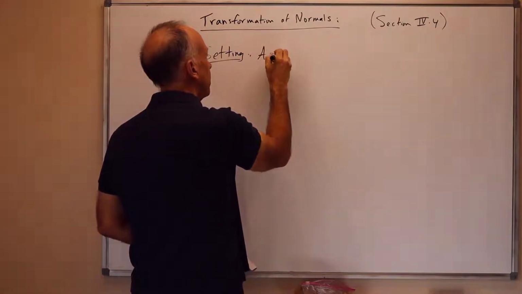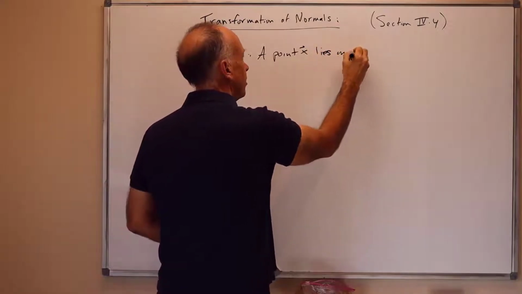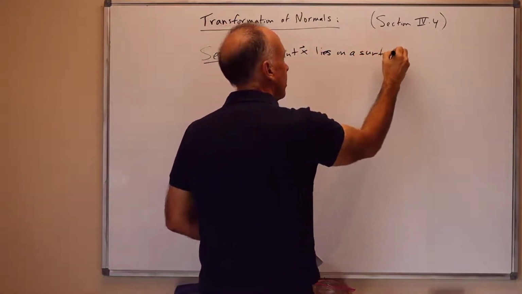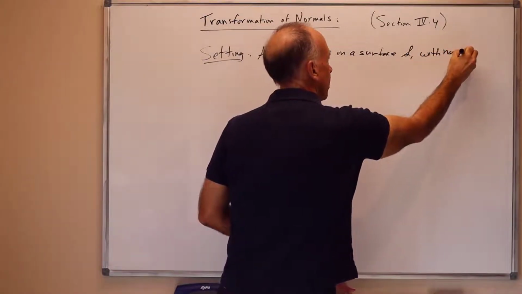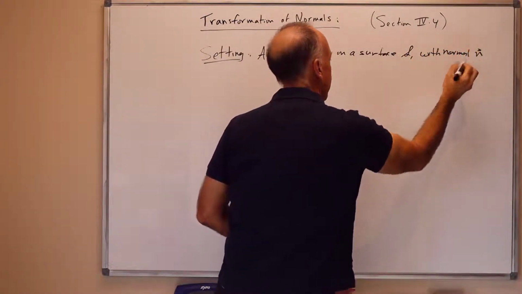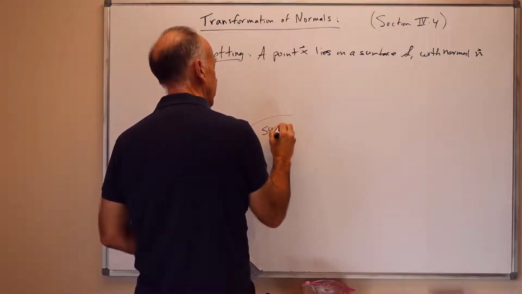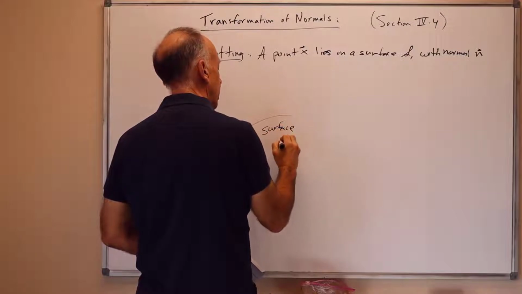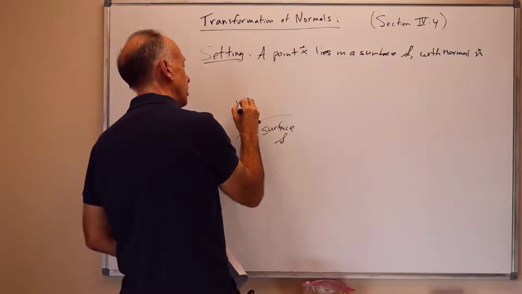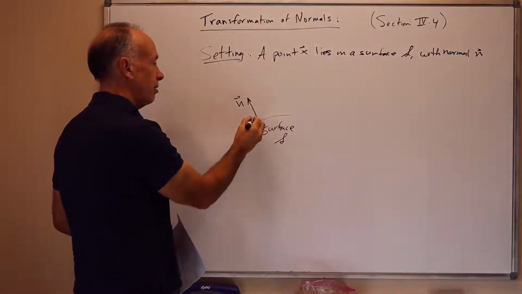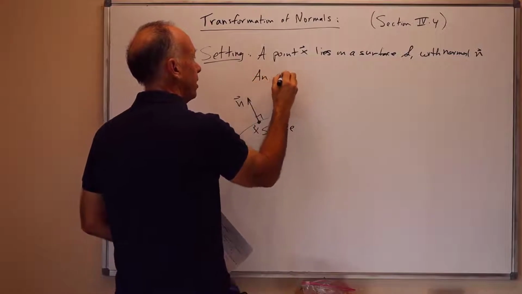A point X lies on a surface S with a normal vector n at the surface at X. So the picture is something like the following. Here's the surface S. On this surface there's a point X, and there's a normal vector n at right angles to the surface right there. And an affine transformation,